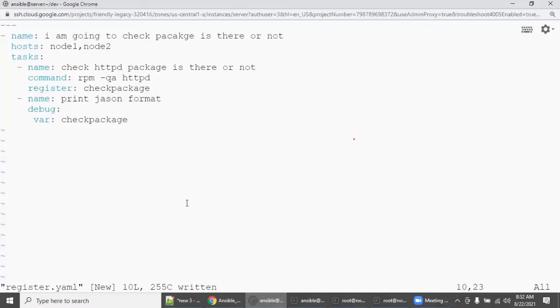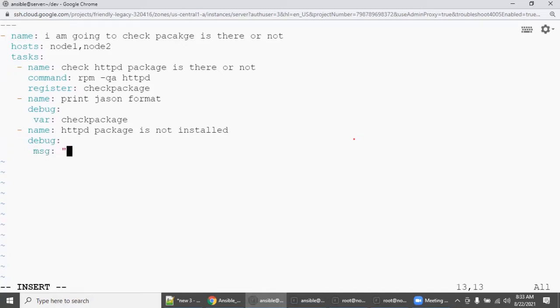So I am going to do the exact same. Hyphen name: httpd package is not installed. Then debug, message: httpd package is not installed.